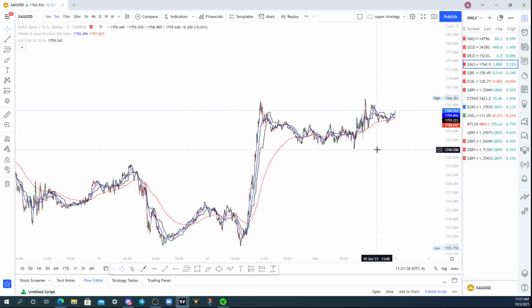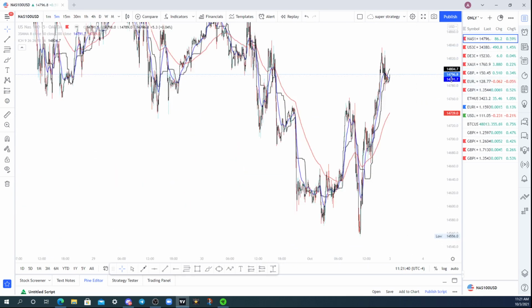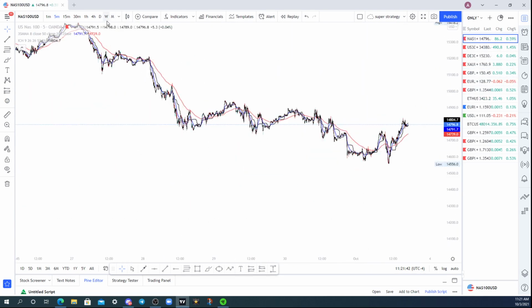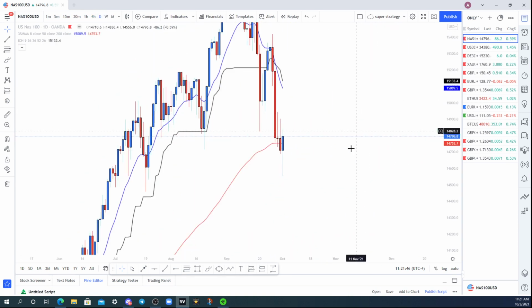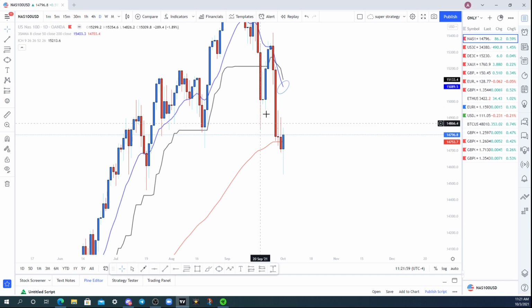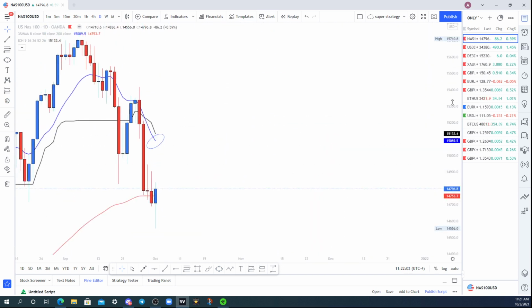Let's see. We're going to take a look here at NAS 100. What do I see here on NAS 100? We're going to go up to the 4 hour. We're actually going to check out the daily here. Okay, the daily did break below this 50 SMA, but now bounced right back up above it. So I'll be bullish as long as we stay above this 50 SMA to then come up and at least touch this SMA. But if this starts to drop here, we're going to be bearish for a while, guys.